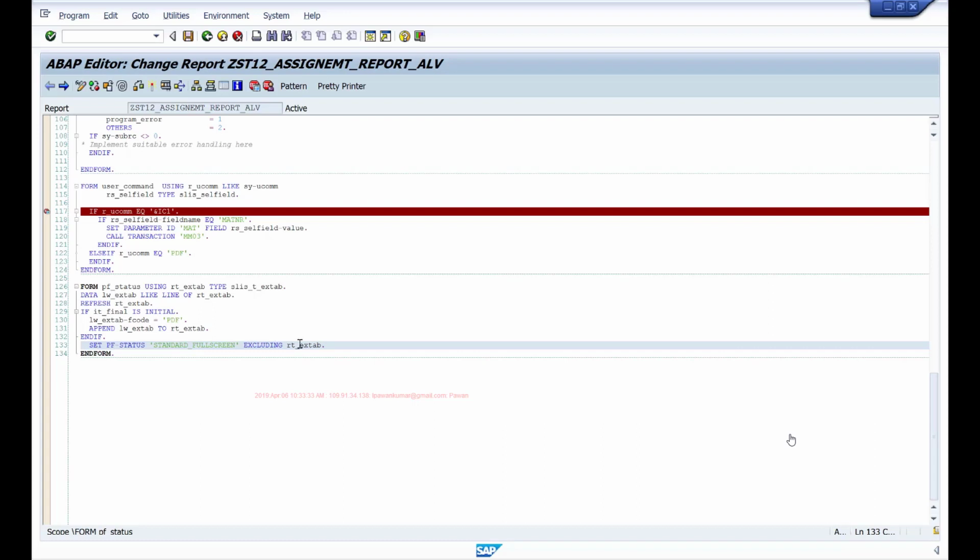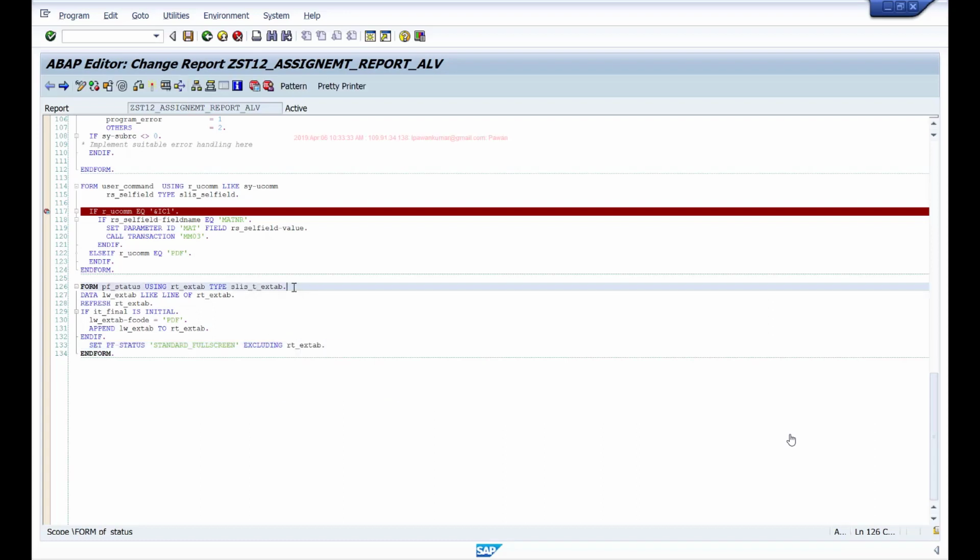So all you have to do is fill one internal table which is of type this, which has that one F code field in it, and then fill that with the function codes that you don't want to display and use the excluding addition to hide them from the application toolbar.